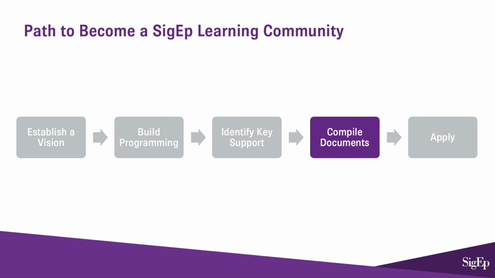The 4th step is compile documents, and this is making sure we document and have everything to provide the SigEp learning community review and recognition team. Some guiding philosophies for compiling documents are, if there's no documentation, it never happened, and a picture is worth 1,000 words. The key documents to compile and track for a SigEp learning community are a chapter development plan, which includes